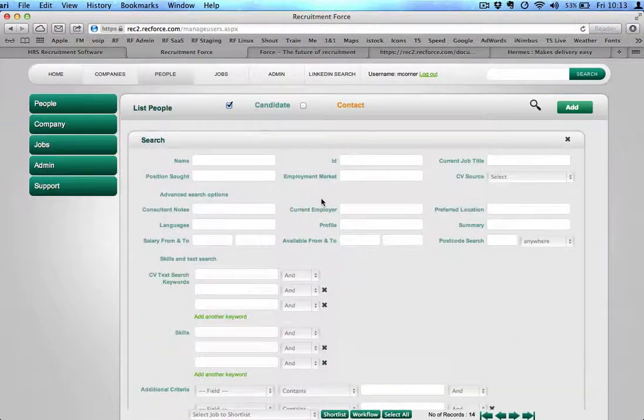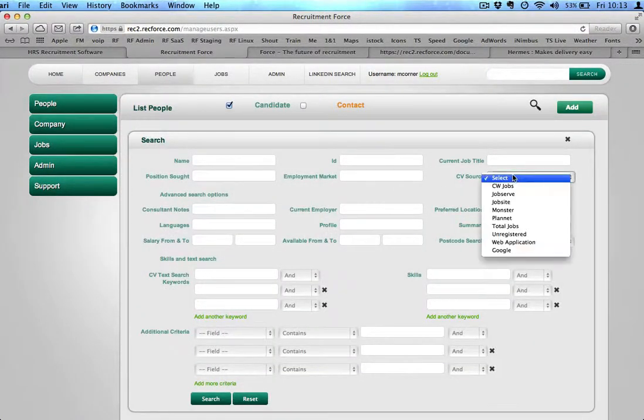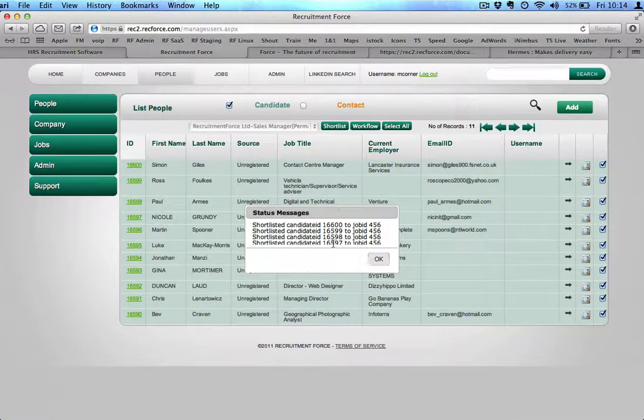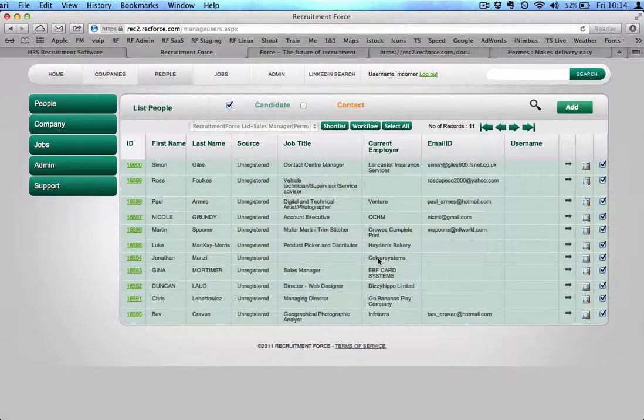So let's go back and put in all our unregistered CVs. So we'll go back, unregistered, search for our unregistered guys. We get all these chaps. We're going to pick and choose from the open jobs we have. We're going to shortlist all these candidates. I'm going to pick that job. I'm going to flag all these candidates, so they're all flagged, and now I'm going to shortlist them to this particular job. So you get a little list of all the candidates going forward, say OK, and they will now be added